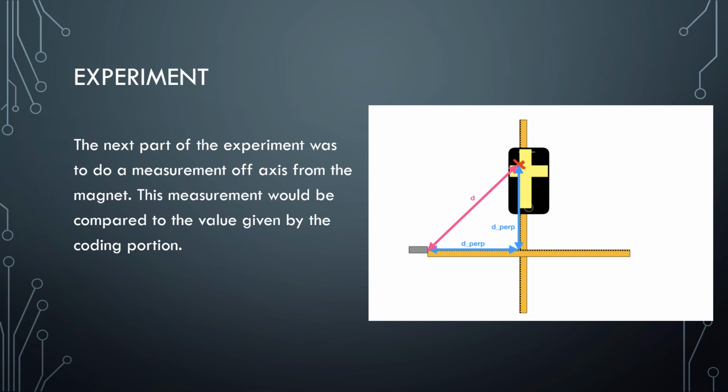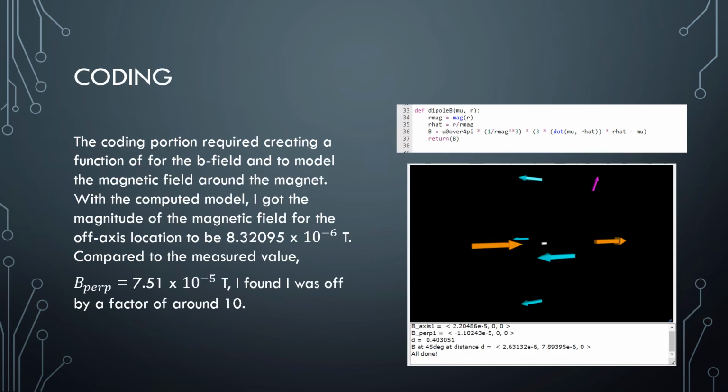The next part of the experiment was to do a measurement off axis from the magnet. This measurement would be compared to the value given by the coding portion. For the coding portion, we were required to create a function for the B field and to model the magnetic field around the magnet. With the computed model, I got the magnitude of the magnetic field for the off-axis location